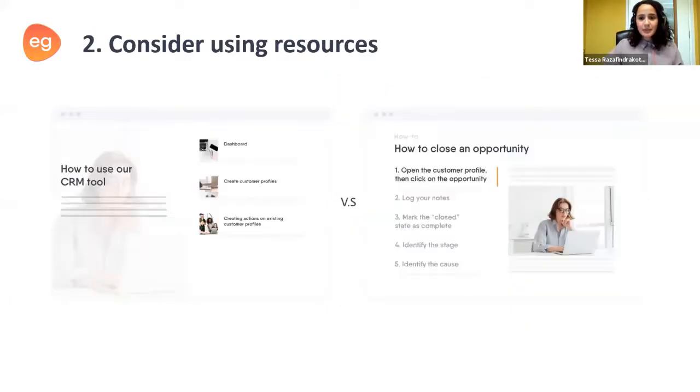So here's an example. The topic is the use of a CRM tool, customer relationship management tool, just as an example. Now, an e-learning course would actually be perfect to explain how the tool works for someone who doesn't know about the tool yet. So maybe it will cover what the dashboard shows, it will explain how to create customer profiles, but also how to create actions on those customer profiles. So it covers a pretty broad